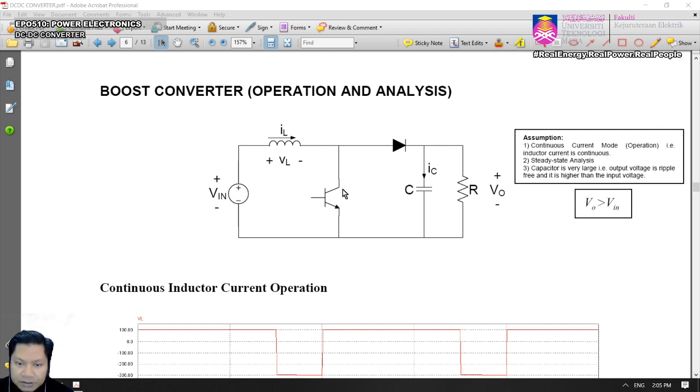So when the switch is on, this will appear as a short circuit, isn't it? Okay, it will appear as a short circuit, and therefore there will be a current flow in that loop, and this diode will be reversed by the output voltage, isn't it? Because this is connected to the output voltage, so that voltage will reverse bias the diode, so there will be an open circuit there, and therefore during turn on, you're going to have two separate circuits. The input side we have plus minus